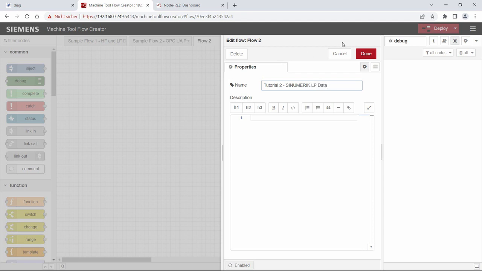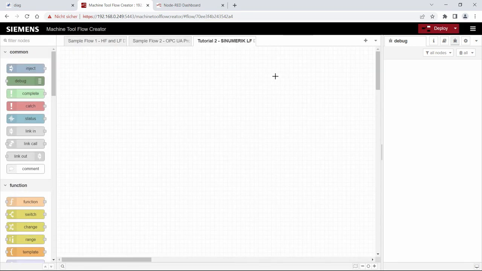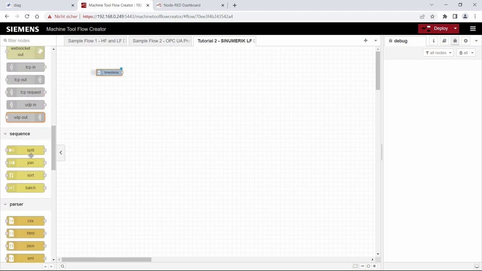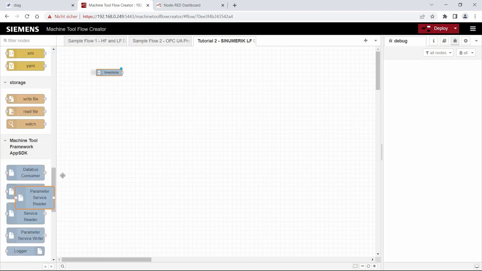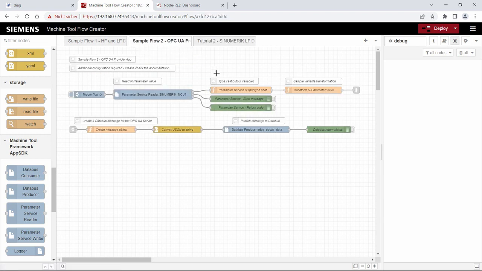After we did that, we can start by inserting an inject node. An inject node is normally used to start the flow. Then we can use the parameter service reader node. This is used for polling operations to read variables. We connect both of them, and then we need some nodes to convert the output, and we can copy them